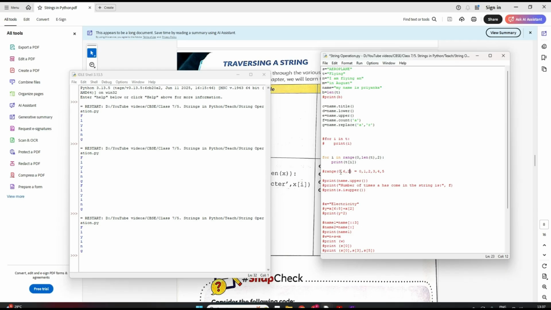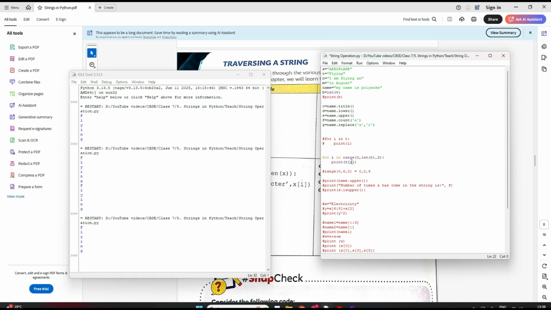It starts from 0 and goes till 5, that is 6 minus 1, in the step of 2. So first it will be 0, then 2, then 4, and then 6, but 6 it will not take. So 0, 2 and 4, these 3 values will be generated here, right?